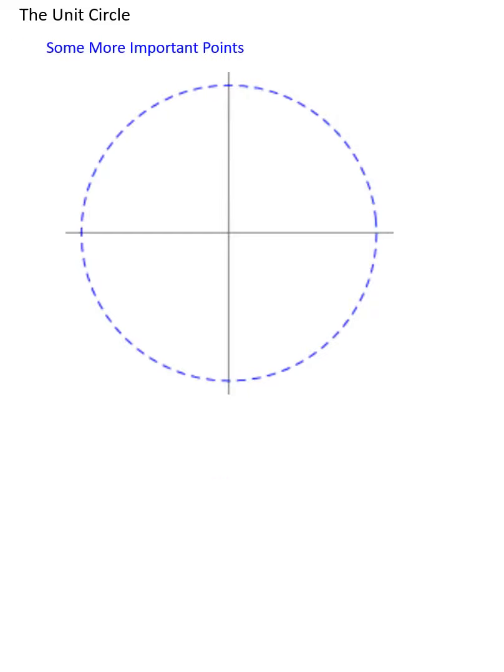Now I'd like to look at some more points on the unit circle of importance. A quick reminder first. Imagine an arc whose initial point is where all arcs start and goes halfway around the circle. As we've seen, that arc has a length of pi. Now imagine an arc 1/6 of that length, or pi over 6. Follow me on this mental journey. If we call the first point 0 to represent an arc length of 0, and the second point pi over 6 to represent an arc length of pi over 6,